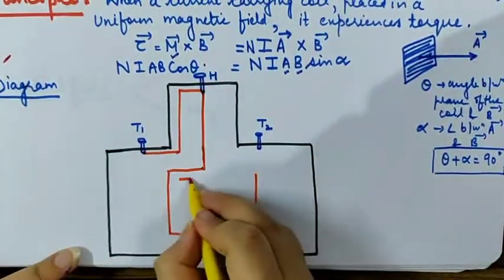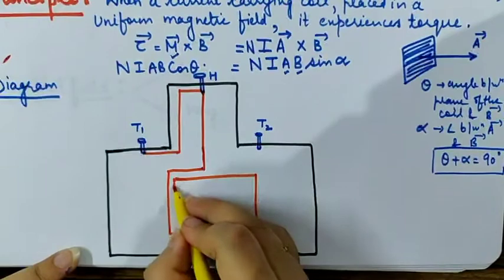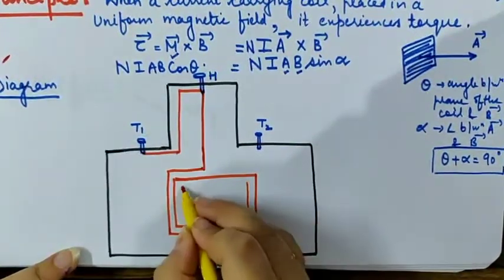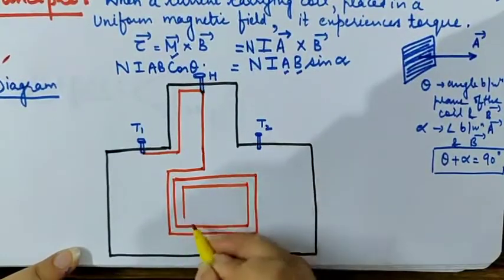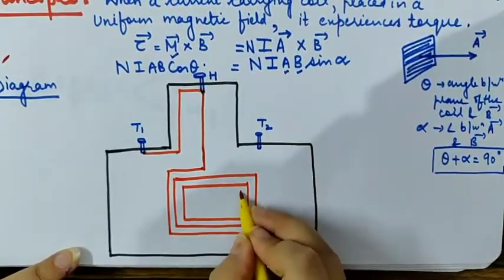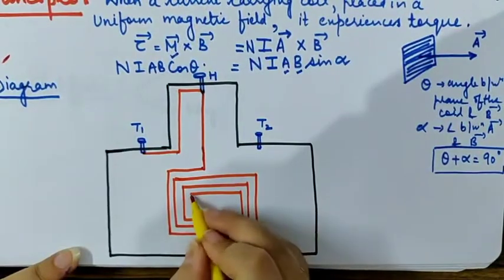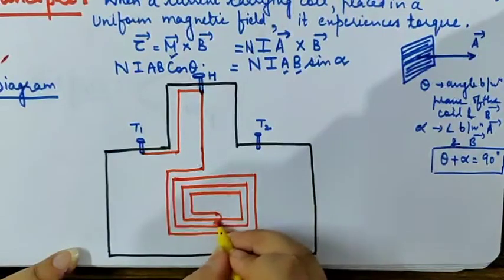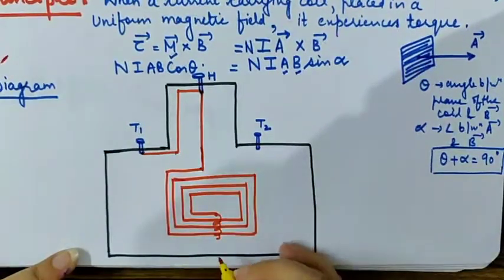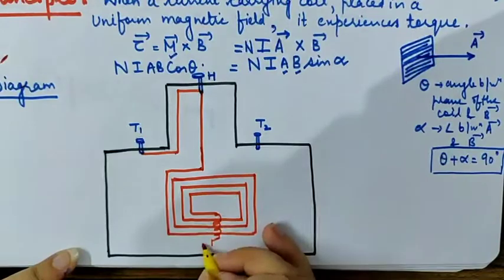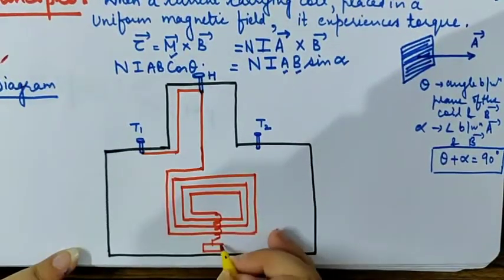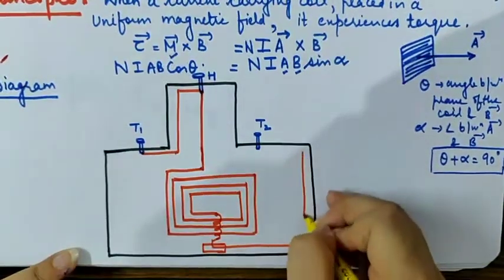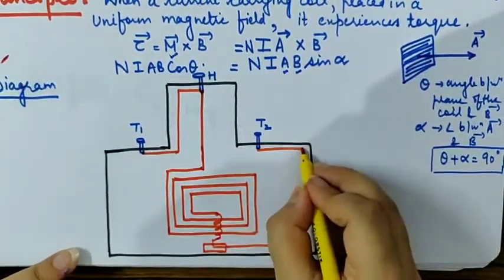You'll give a rectangular shape to this wire. How many turns you want to give, that depends on you. There is no compulsion that only these many turns should be drawn. That's it. Then at this point there is a spring drawn. Spring is connected to some base, and then again the wire goes along the periphery and interconnects to the screw